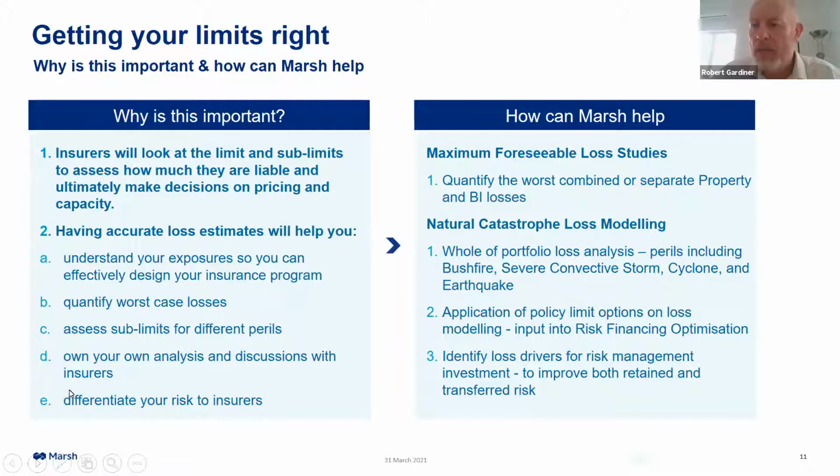And then ultimately, using NatCat modeling, we can apply your policy program structure to that to look at the balance between risk retention and risk transfer. And many of our clients are looking at options as they go to the market. So the ability to put different policy structures over that CAT modeling provides the insight to go to the table with options at renewal. And the last piece is about identifying which sites within your asset portfolio are actually driving those losses, so that we can start to look at whether there is the potential to invest in risk mitigation at those sites and ultimately improve the risk profile.